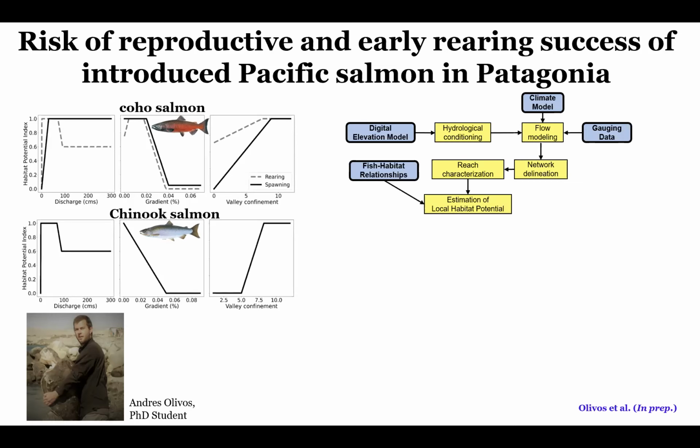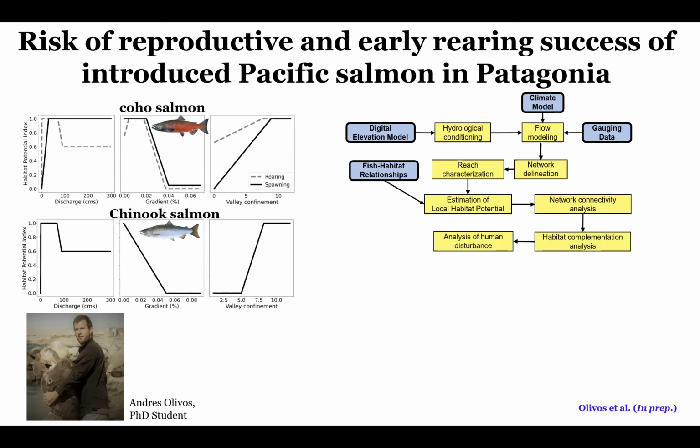Then we know the estimation of the local habitat potential based on these relationships, so we can characterize individual reaches at different scales. And then we can use the network connectivity analysis in GIS. We use habitat complementation because some habitats are good for reproduction, but others are good for rearing. So we need to find the two in order to predict which species will be successful in reproducing and then in rearing, right? Here is the connection with climate change or other human disturbances, because we can add this